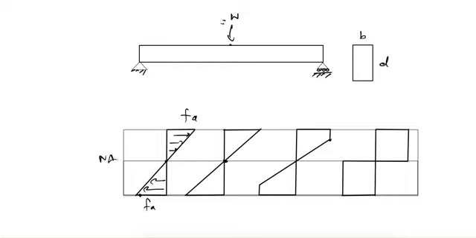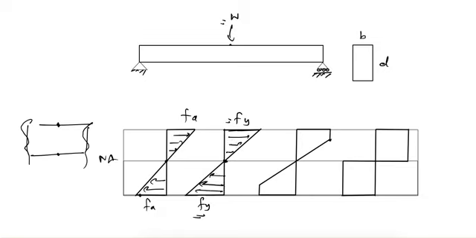Now if we further increase the load, the extreme fibers will reach the yield stress first. So the top and bottom fibers will reach the yield stress before any other part. If this is some section of the beam, then on this section, this point and this point have yielded in this diagram. Now if we are talking about elastic design, then we will stop at this point. We'll say that this is the maximum stress that the material can take.